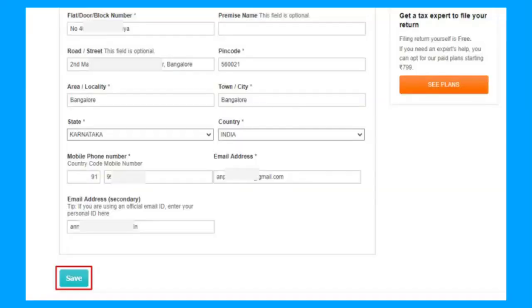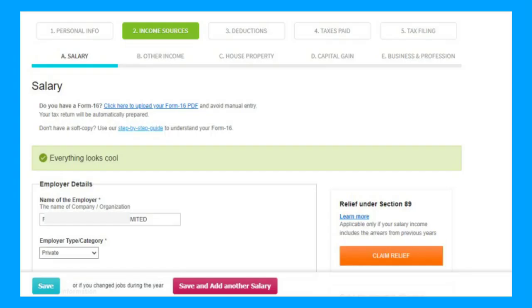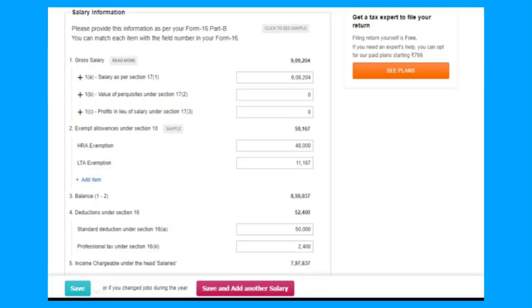In case you have any changes to make, edit the same and click on the Save button. Now, you will need to review the auto-populated information under the tab Income Sources. Review the salary details which are auto-filled. In case you need to make edits, click on the Save button.